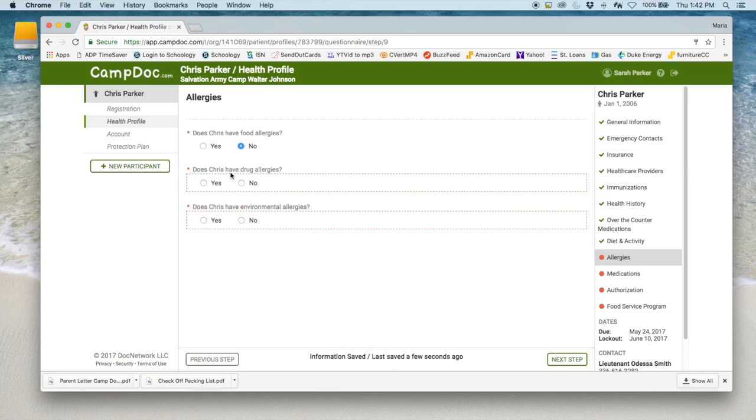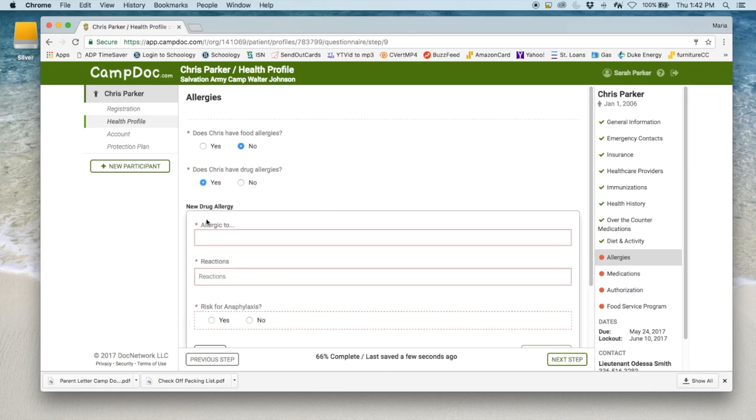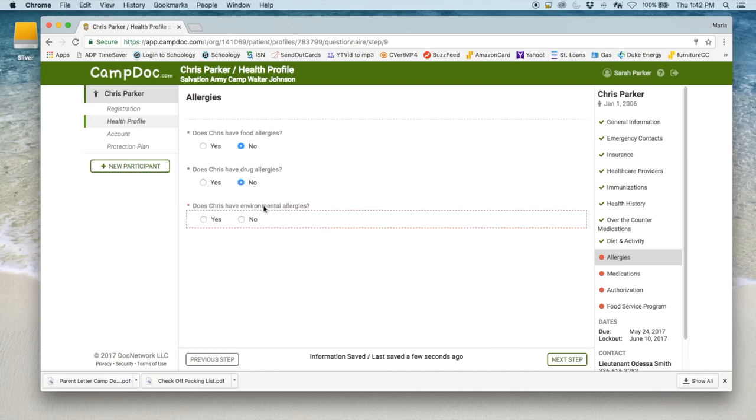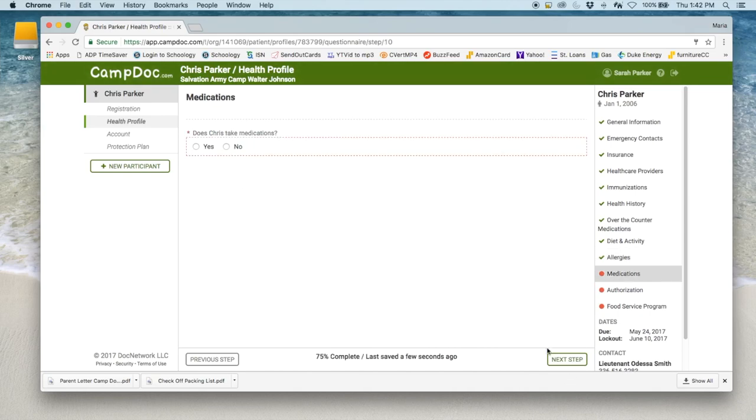And then you will type out what they're allergic to and what it does to them. Fill out the rest of the boxes. If it's no, same thing for drug allergies and environmental allergies. Then click next step. Does your camper take medicine? Yes or no? If you click yes,